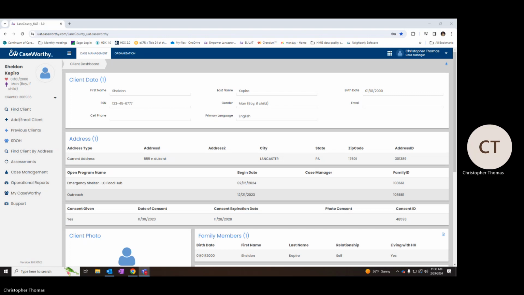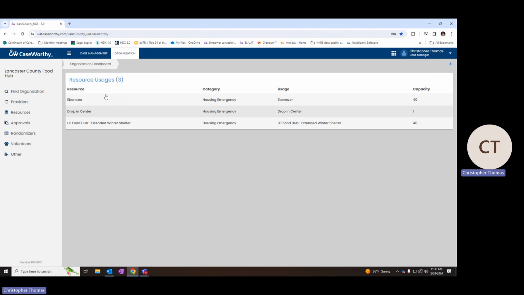So, like I said, we have already got our client enrolled who we're going to be doing this test with. In addition to Sheldon, we've also enrolled Christopher, and I'll show you what this looks like. So I'm in here, I've logged in, I'm under the case manager role, which most likely will also be the role that you're in here under. Most of what we do in EL, we do in this case management area, so we don't think about it, but next to it is this organization button. So if I click this,